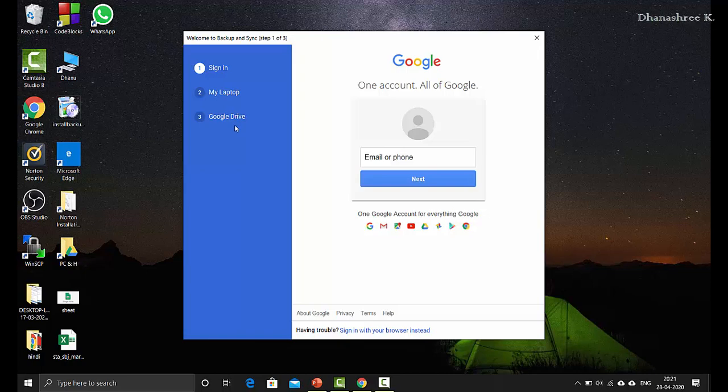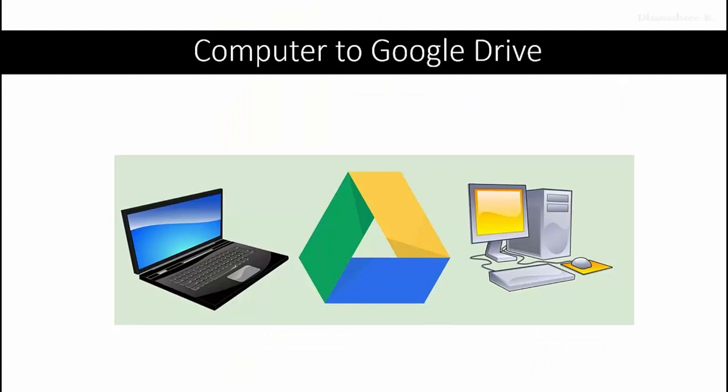But before moving ahead, let's understand there are two ways you can take a backup. One is you can take a backup of your computer to Google Drive, or you can take a backup of Google Drive to your computer. Assume you are working on two PCs simultaneously, one is your home PC and another is your work PC, and you want to take a backup of both the PCs, but you don't want to merge the data.